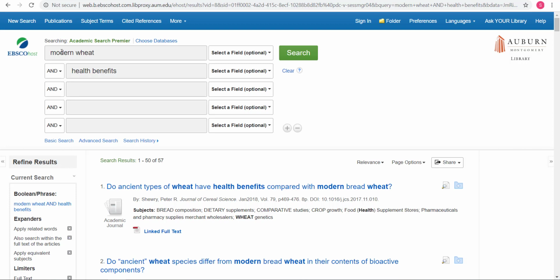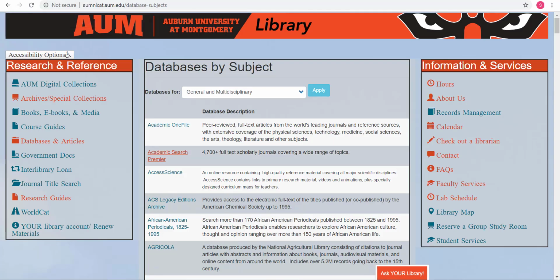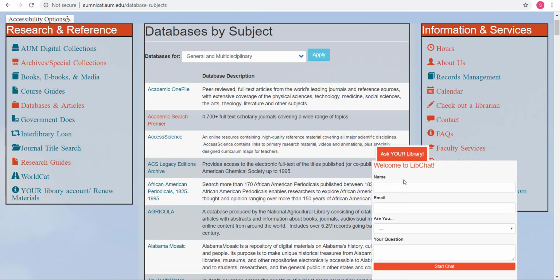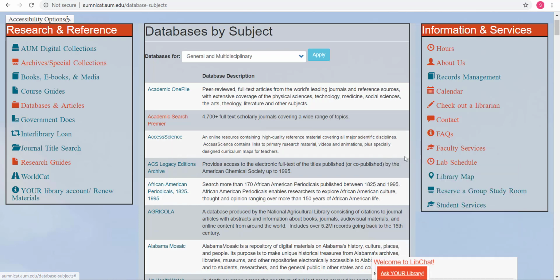All right, and if you have any questions, you can always reach out to one of your AUM librarians here on our main page. Down here at the bottom there's an Ask Your Library tab. You can click on that and you can actually chat with a librarian if you need to. We can help walk you through any questions that you might have while you're in the database. Or you can reach out to us over here on the right under Information and Services. You can check out a librarian, make an appointment with the librarian. You can contact us on this page as well,